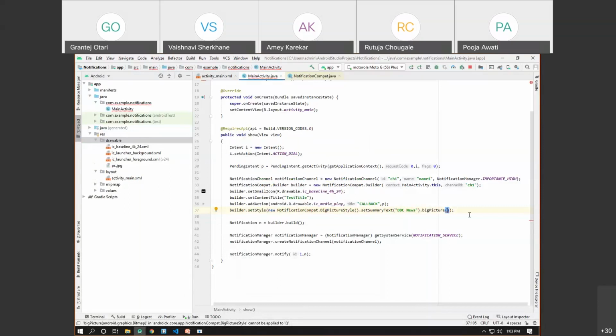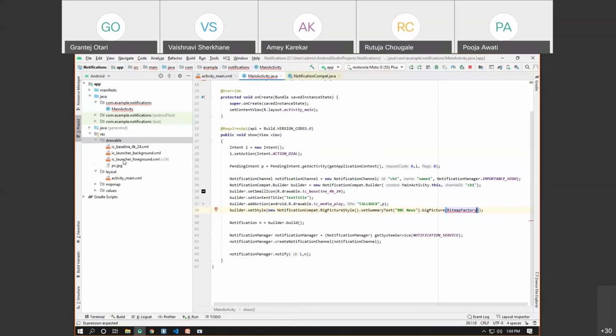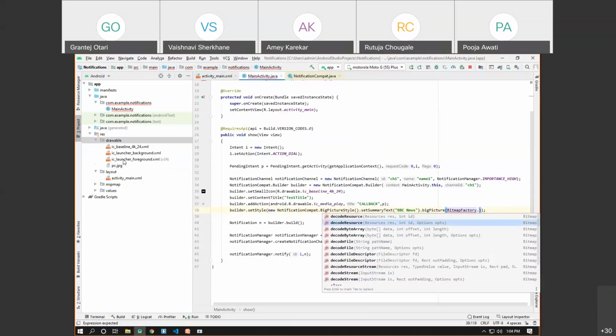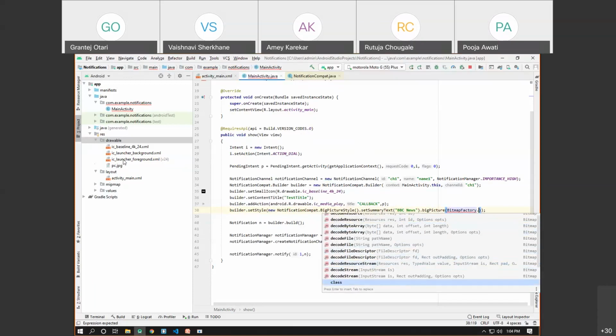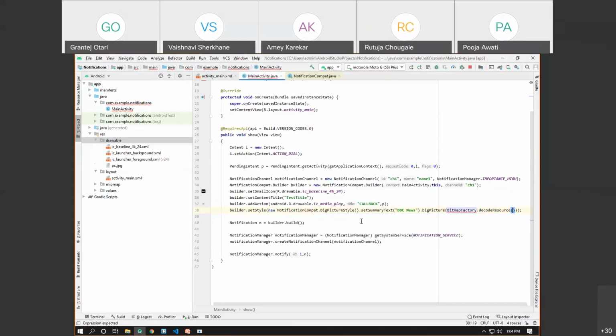Now the thing is, this pic.jpg is not a bitmap image, but we have to generate a bitmap image from the JPG file. For that, we can use one class, and that class is called BitmapFactory. So BitmapFactory dot, and we can search for the methods. Here you can see a bunch of methods are available, and the method which can be useful for us is decodeResource. I'll just add one slash in here.